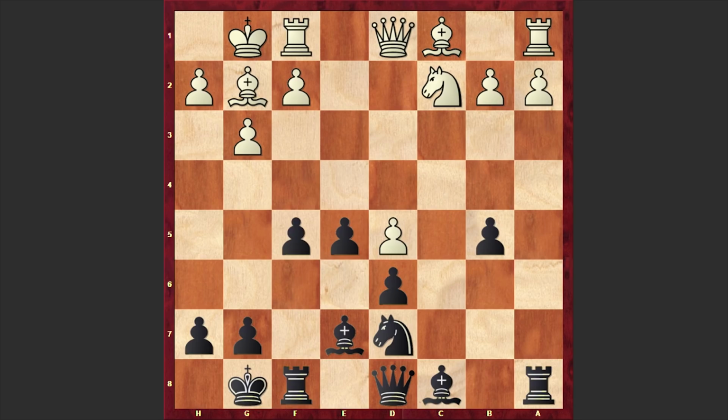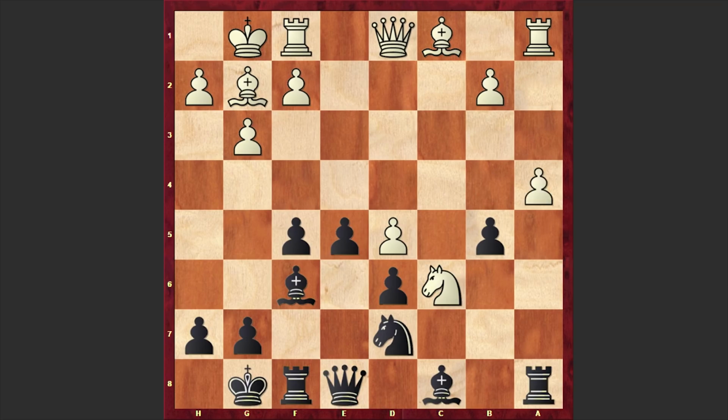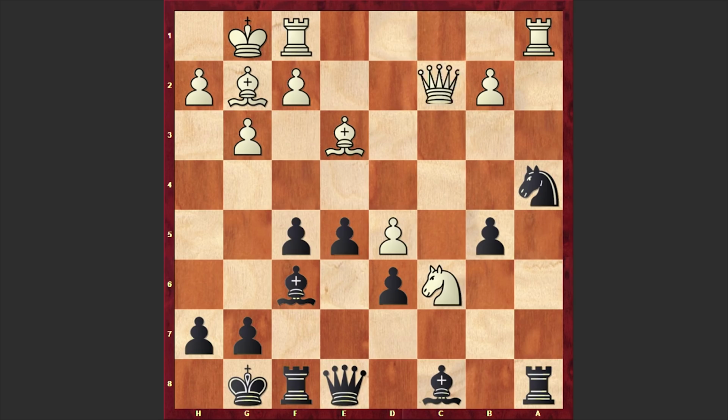Now comes f5, a standard move in typical positions. This is freeing black's position and is allowing black to create attacking chances. Knight b4, white knight is hurrying to find an outpost on c6. Meanwhile, we have bishop f6, knight c6, queen e8, a4, knight c5, bishop e3, and knight takes a4, queen c2,